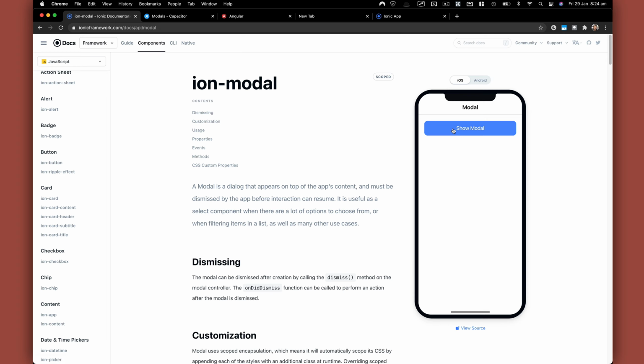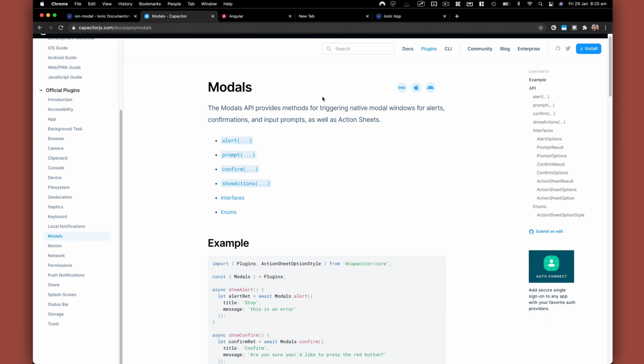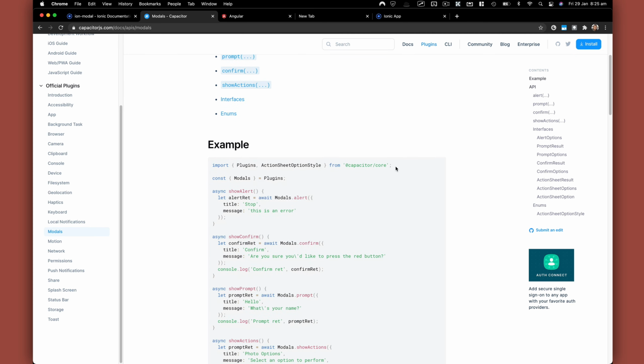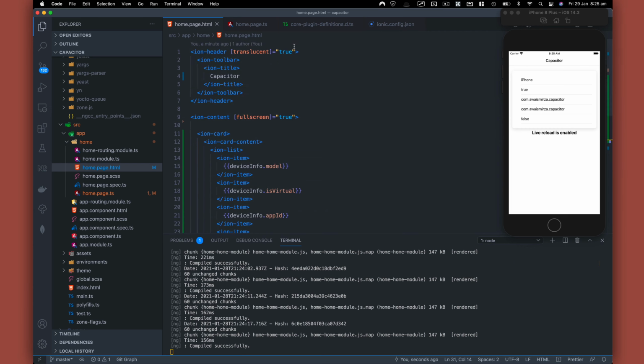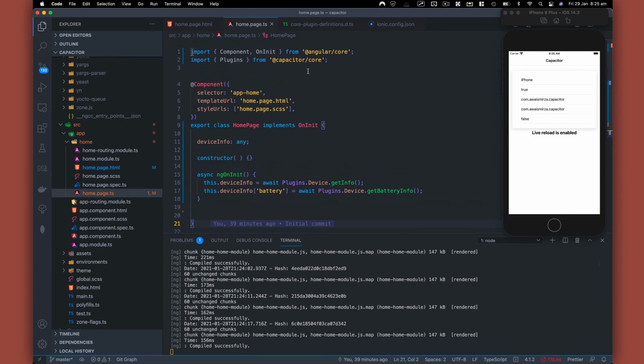So if I click on this, show modal, that will trigger this modal, right? We can do that with Ionic, but not with Ionic, with Capacitor, because it's like a native window for alert. So very, very easy. We just need to copy the action sheet, open style, and then I will go back to VS Code, go all the way up to the TypeScript file, and then we can just